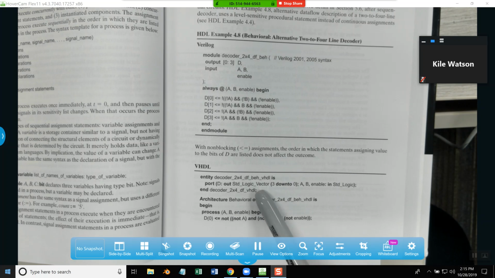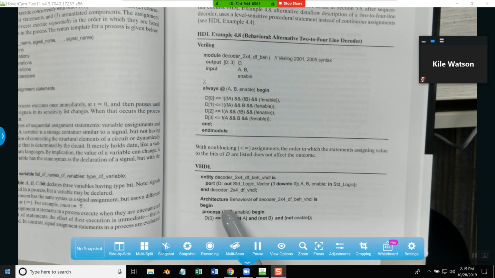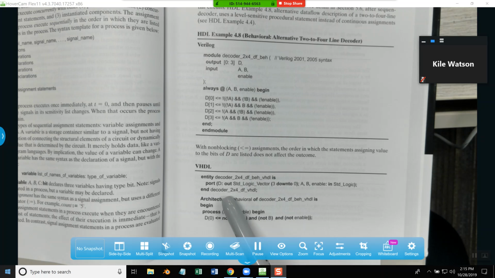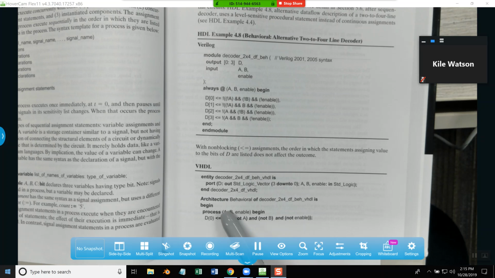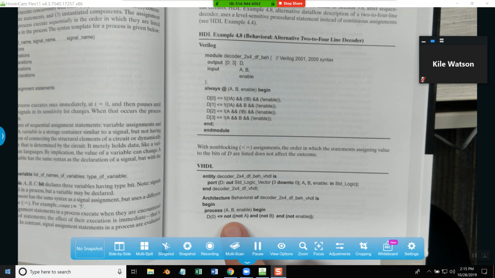Then our architecture, think of it as your definition. Architecture is down here. And you see we've got less than or equal to again. And D0 is not A, not B, not E, and then not in front. D1, not A,